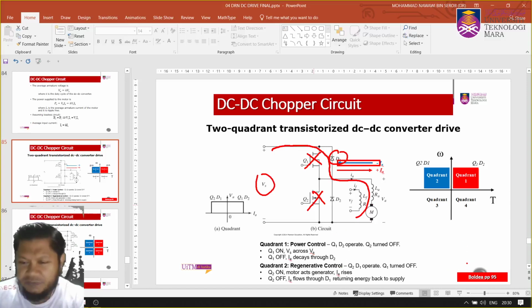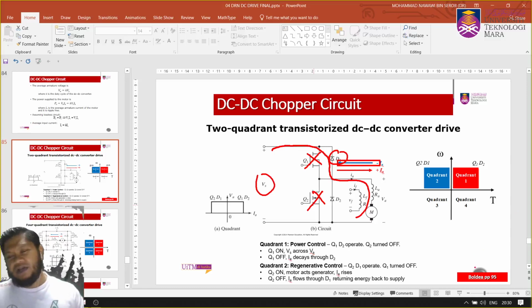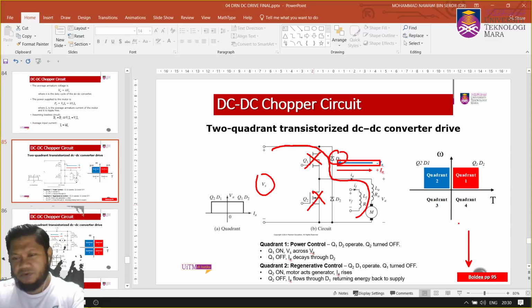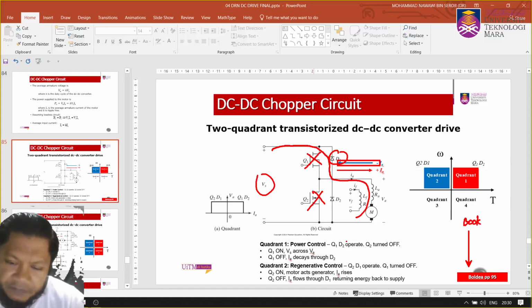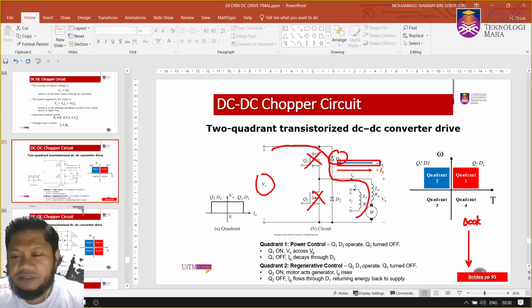If you have this book or you can find the PDF, look into it. If you see this, then you can refer to the Boldia books. So this is the book by Boldia, page 95. So you can refer to it and look further. All right. So next we have